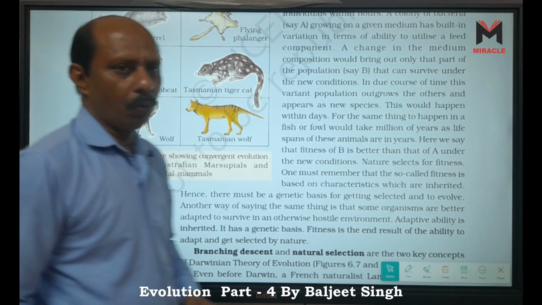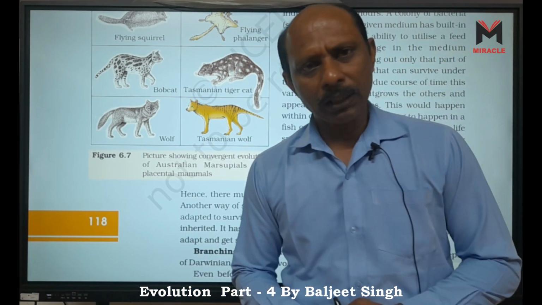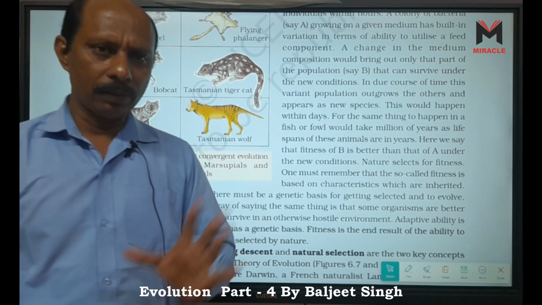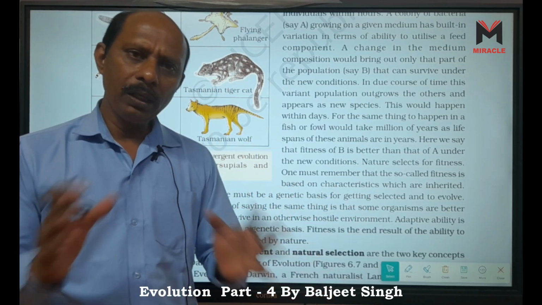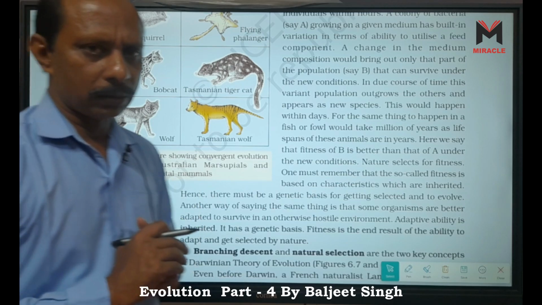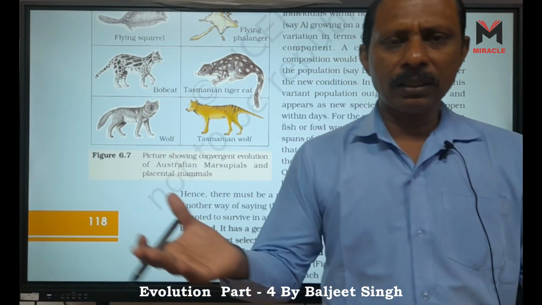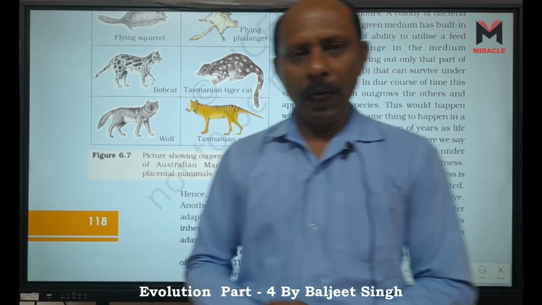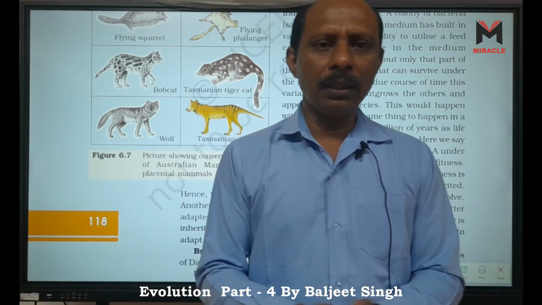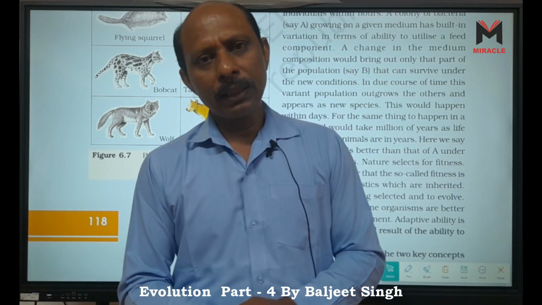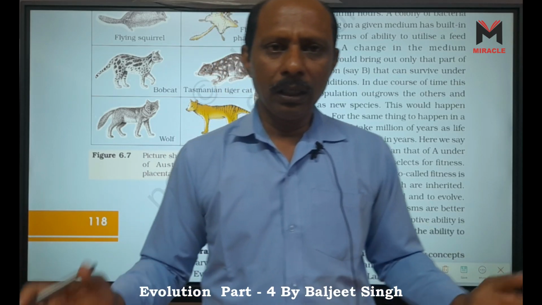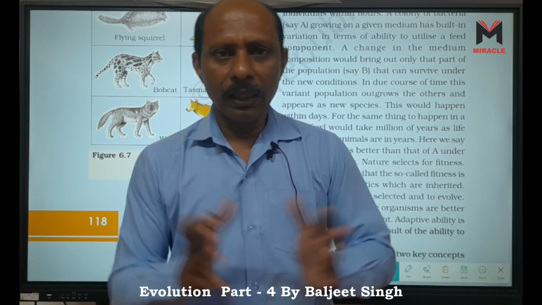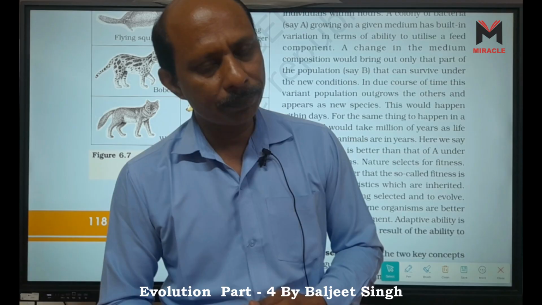So I think you understand the difference between adaptive radiation and convergent evolution. Adaptive radiation means they originate from a single point. There is no comparison between two different groups, only a single group. For example, marsupials. All the marsupials were from the same ancestor. All the different marsupials are formed, that is called radiation. And when we compare two adaptive radiations in single isolated areas, then we understand that the mammals and the marsupials show similarities among each other. That's why it is called convergent evolution, right?